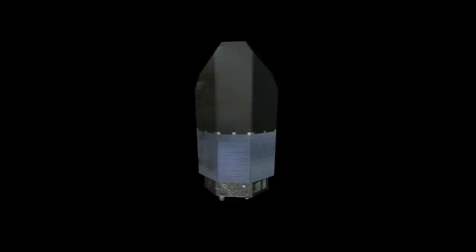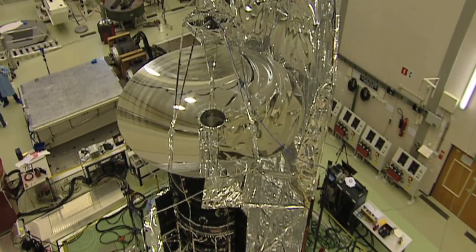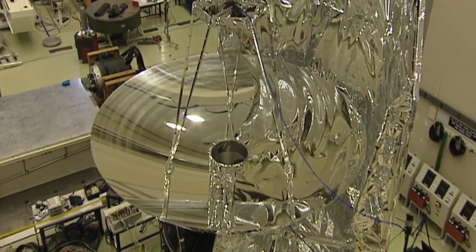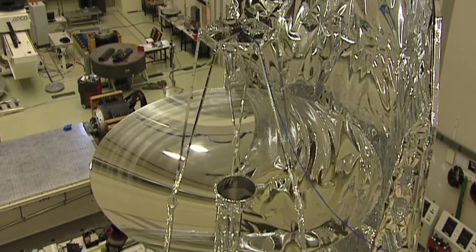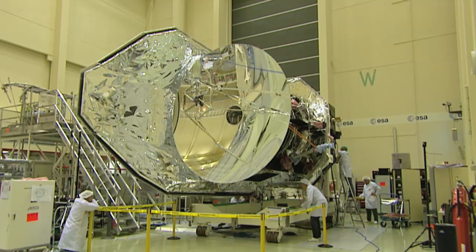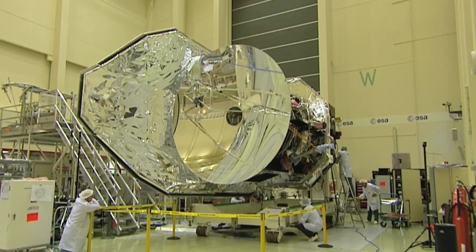Herschel's primary mirror is more than 4 times larger than any previous infrared space telescope and can collect almost 20 times as much radiation. The mirror is so perfect that irregularities on its surface are less than 1,000th of a millimeter high. Herschel will probe deeper into the infrared than ever before, and it will open a completely unexplored infrared